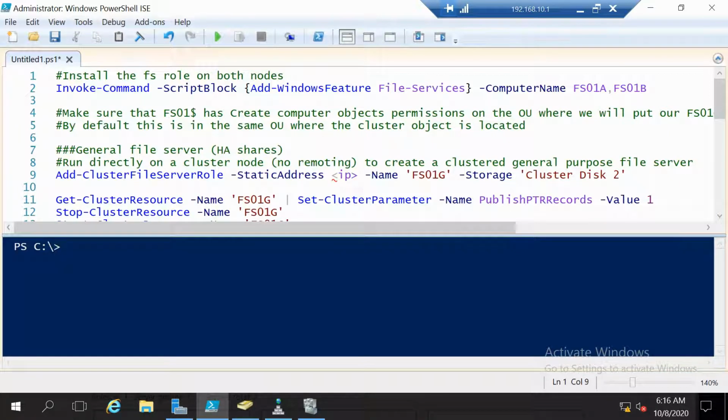Hello everyone. In this video we are going to continue from where we left off in our previous video where we created a failover cluster, and we are going to configure some services in this cluster. In this video the service that we are creating is a file service, and we are gonna create two shares with continuous availability. One share will be a general purpose share, and another one will be a scale-out file server